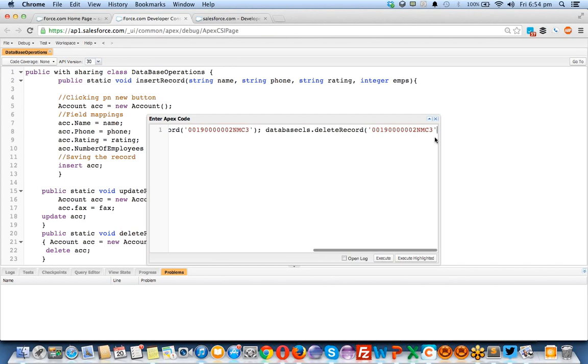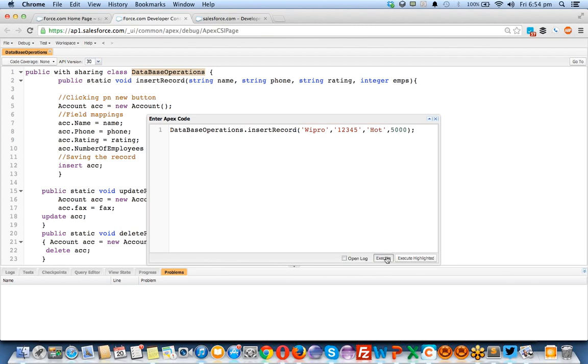Here I'm simply calling this method. Okay, this is the class name, this is inside my system, and I'm simply calling a method called insertRecord with these variables: string 12345, rating hot, and employees 5000.